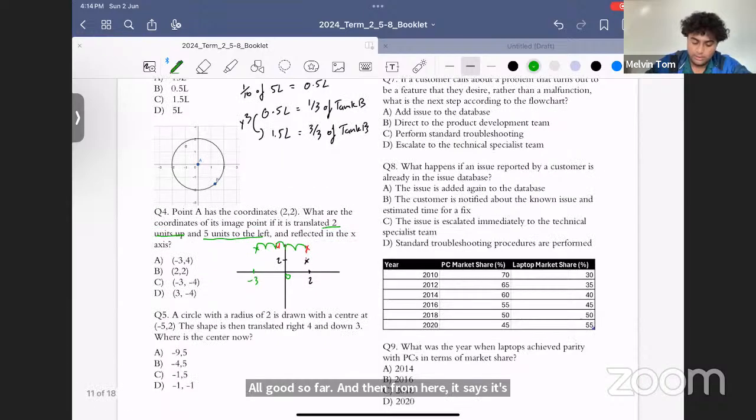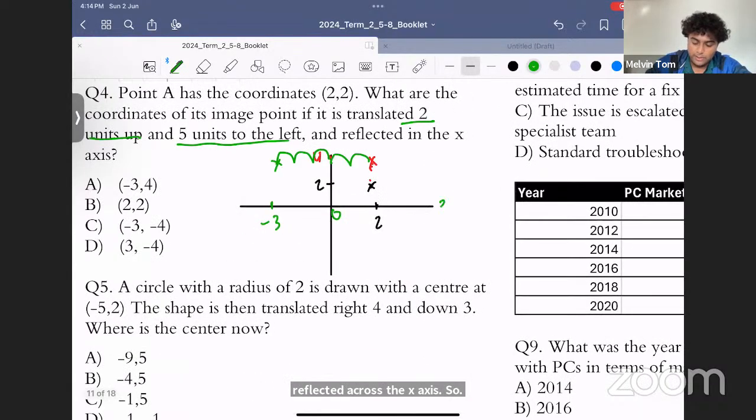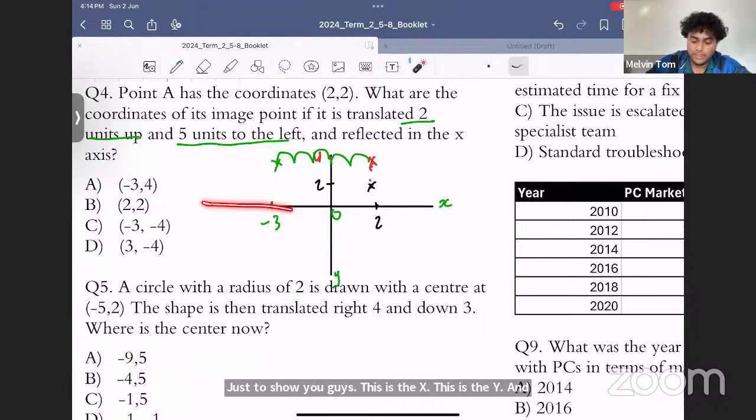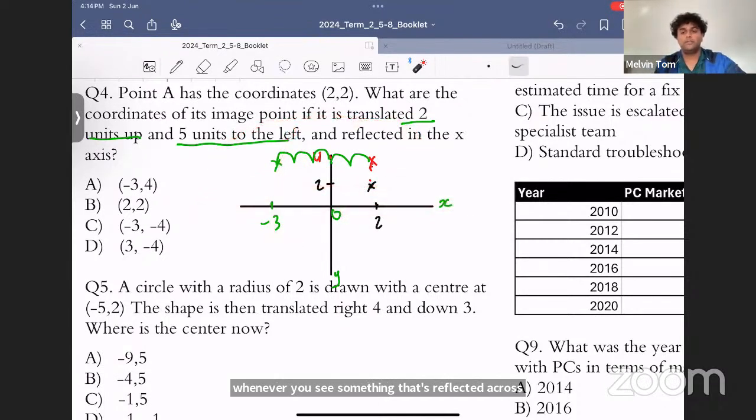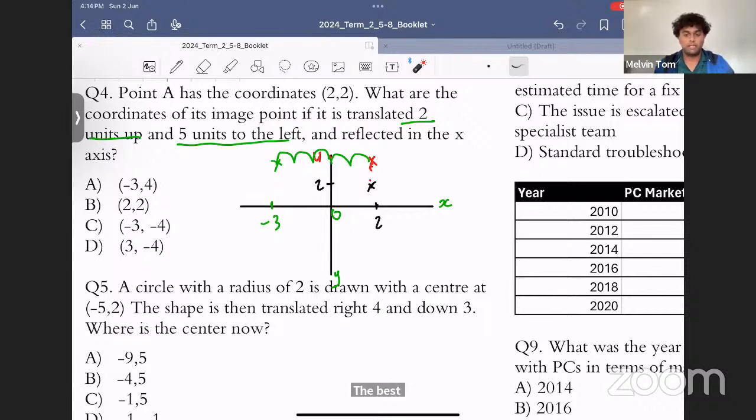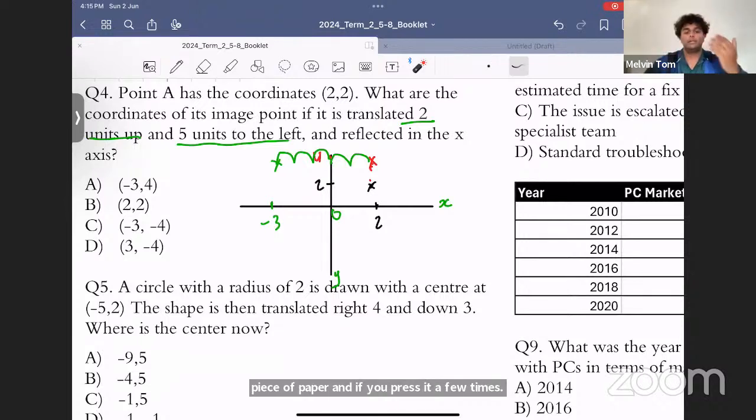So just to show you guys, this is the x, this is the y. And whenever you see something that's reflected across the x-axis, what that means is that everything here goes down here. The best way to understand how that works is, remember back in kindergarten, you did butterfly paintings, where on a folded piece of paper you would paint half of a butterfly, and then you'd fold the paper. If you press it a few times, once you unfold it, there's a butterfly on both sides, right? It's like a full butterfly. Similarly, when you reflect something,